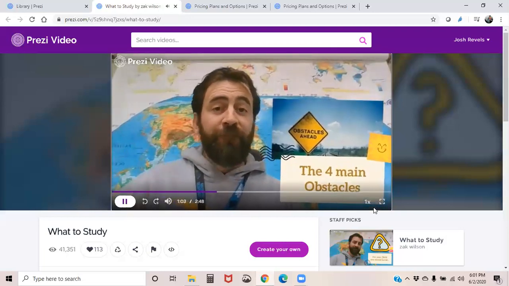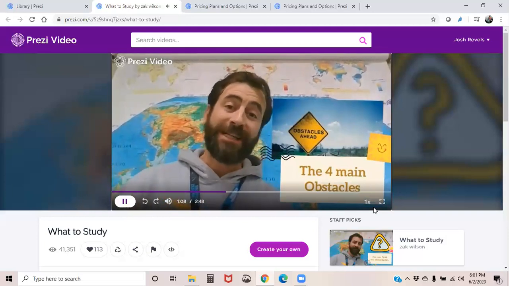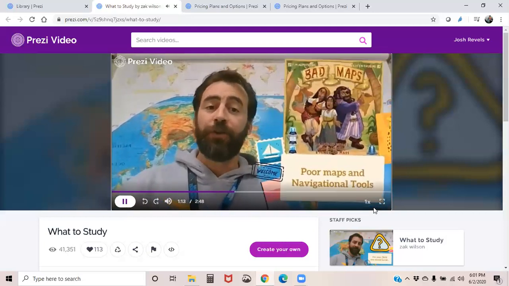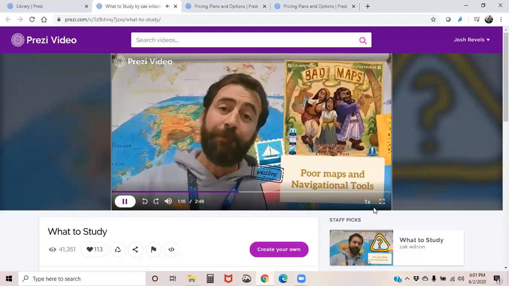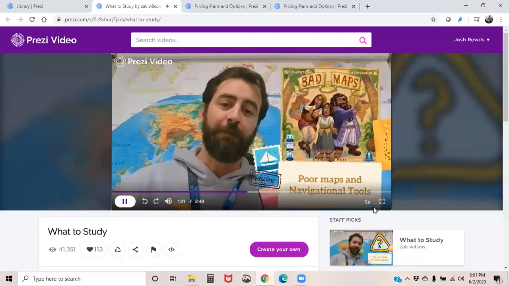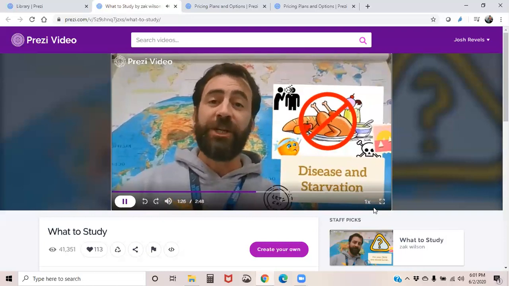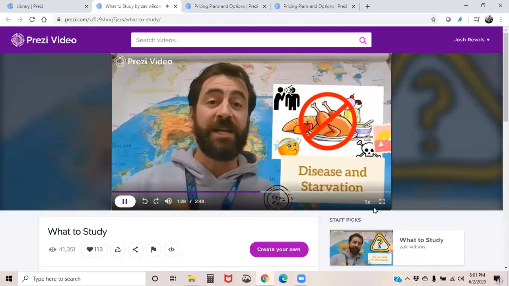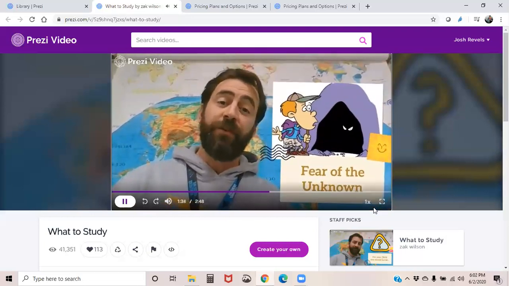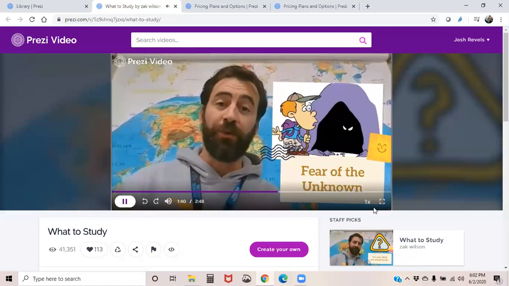They also need to know that there were 4 main obstacles. Even though there were a lot of big obstacles that these countries had to overcome in order to get here, there were 4 big ones that really affected all of them. The first one was the lack of good maps and navigational tools. They were very limited in the technology that was available to them at the time. The second thing being that there was a lot of disease and people struggled with starvation, lack of food and water while making their voyages. And even when they got here, they struggled with this. Number 3, the fear of the unknown. A lot of these guys did not know where they were going. They didn't know how long it was going to take them to get